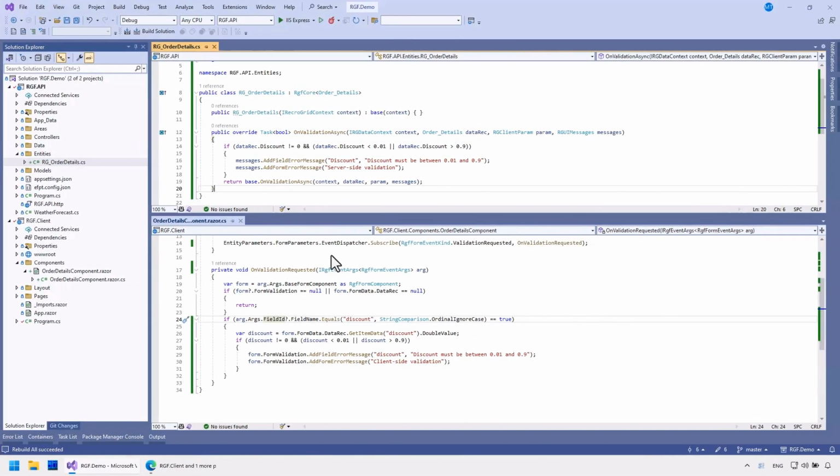Here is the previously created application where separate server-side validation is implemented at the top and client-side validation is implemented at the bottom. I'm going to modify this. The best thing about Blazor is that I can write client-side code in C#. This fact, combined with the use of the Recrogrid framework, is such a powerful combination that surpasses all previous expectations. Soon you'll see how simple and clean it will be.